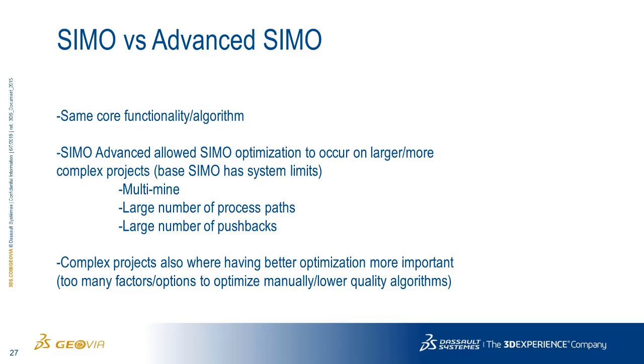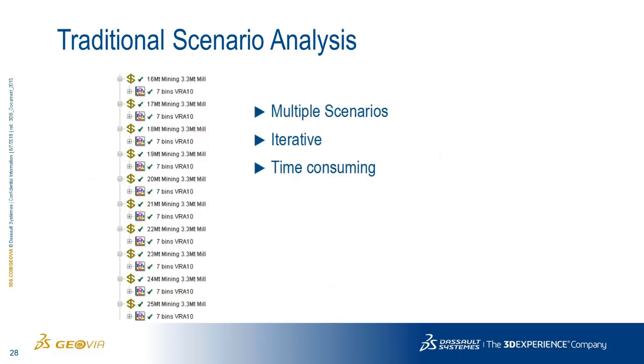As I said, the other big change to SIMO recently was the ability to do Capex optimization. So what I mean by Capex optimization is, we can see here in a traditional Whittle prior to Capex optimization, when I'm running a SIMO schedule or a normal schedule, I'm going to get a result at the specific scenario I propose. So in this case, let's say a mining limit, I'll get a schedule at 16 million tons. But the question is, if I'm at an early stage of project evaluation and there's still flexibility, should I use 16 million tons as my yearly mining capacity, or should I go for a larger fleet?